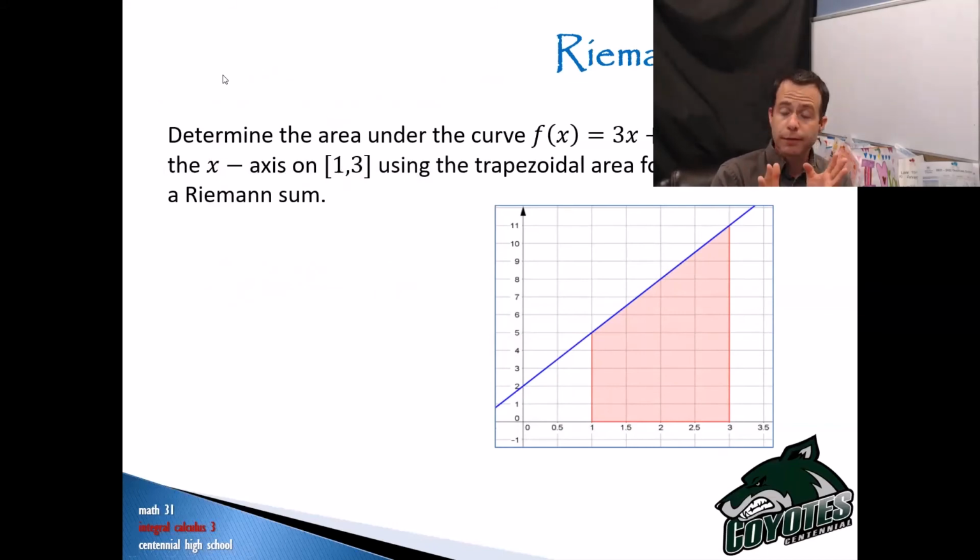Now we're going to do it two different ways. We're going to do it using the trapezoidal area formula, and then we're going to try it with a Riemann sum. When you see me do that, you're going to be like, Hill, why the heck would we ever do Riemann sum when we can use the area of the trapezoid? I get it. The area of the trapezoid is going to be much easier, okay? But